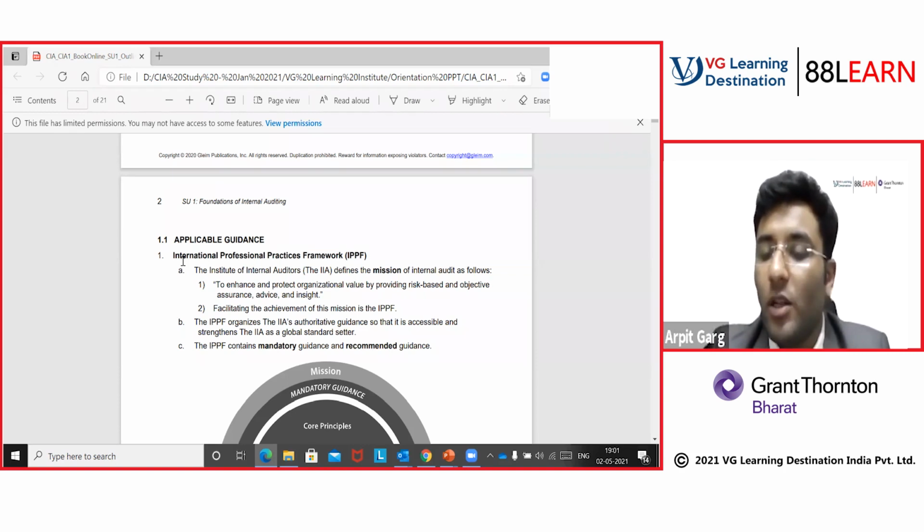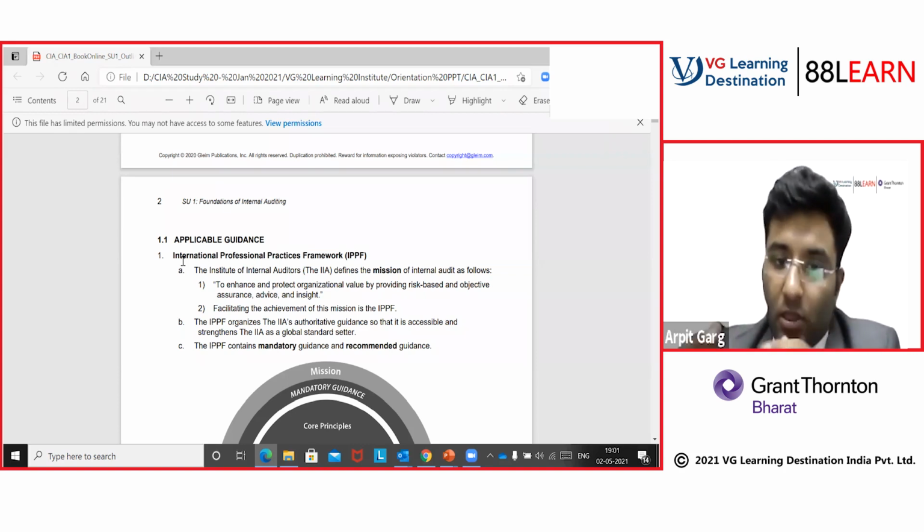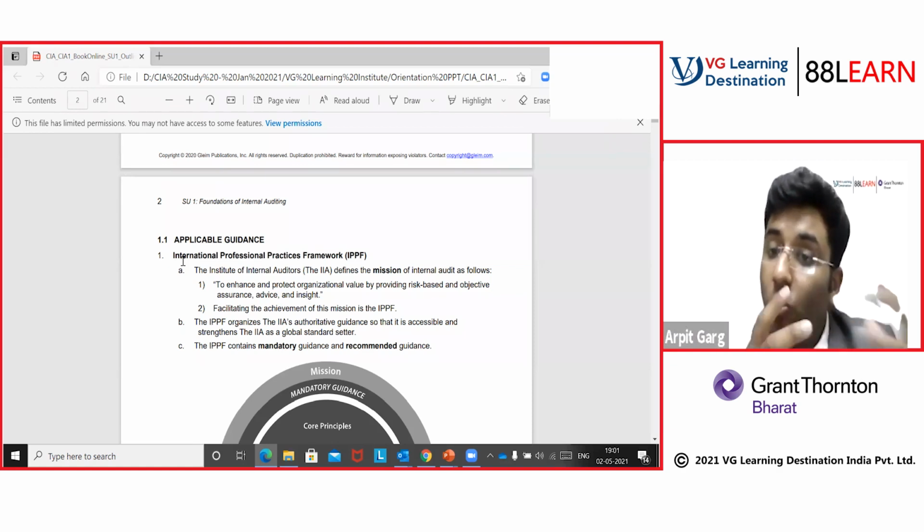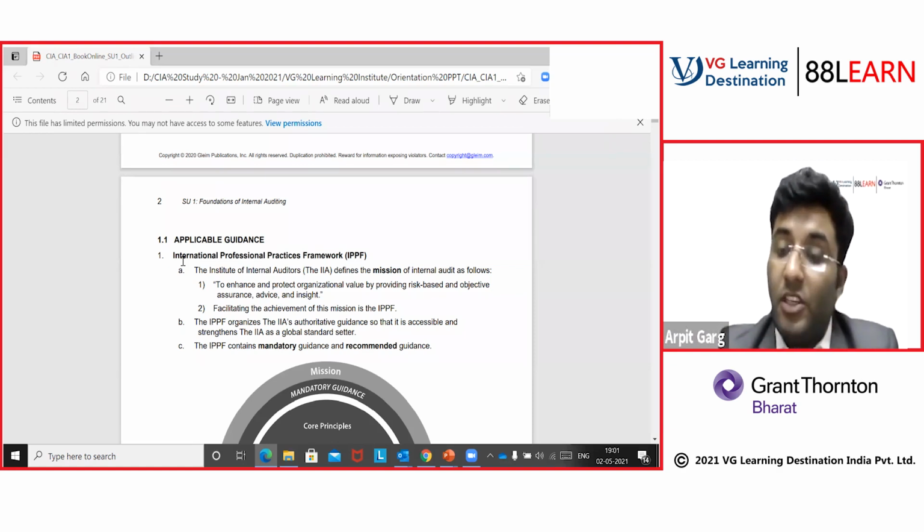So what will organization value be? To provide the customers the right set of services, the right set of products, the quality products. So suppose we are doing a quality audit, our outlook should be that when we are looking into the quality controls, we should be looking into those aspects: the quality manual that the organization has prepared, are we complying to that quality manual, right?